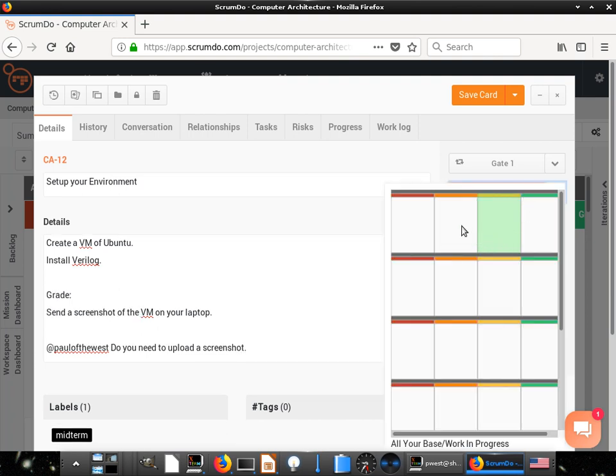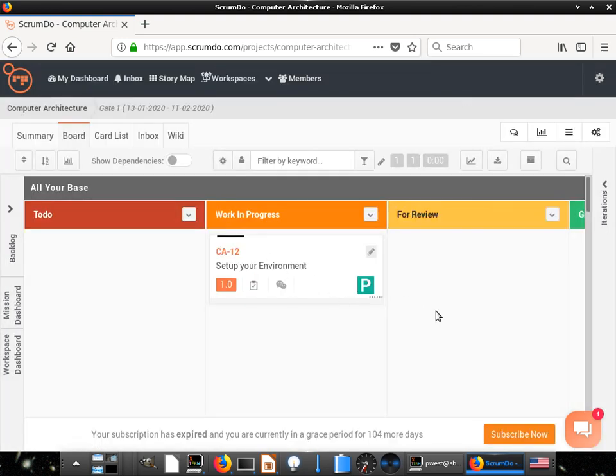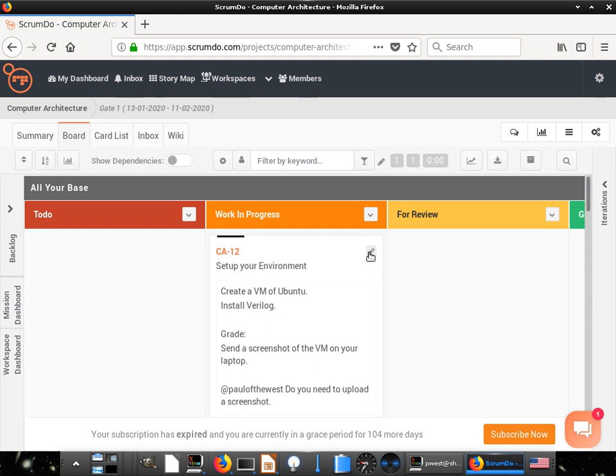And when I do that, I can click send it back, and I will go over here, assign it to this other guy. When I click save, notice it put it back work in progress, and I have basically taken your assignment and bounced it back to you saying, hey, look, you still need to do this. And that way you can go back in, finish it up, and then hopefully we'll just say, for sake of argument,